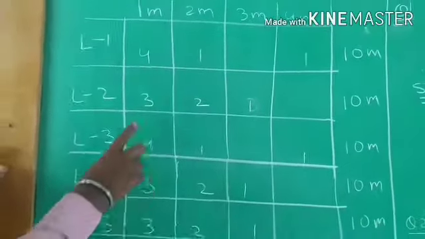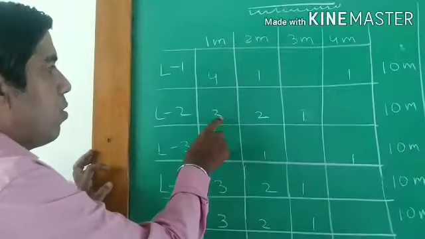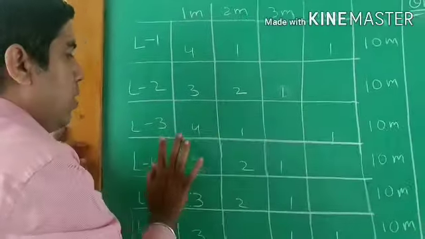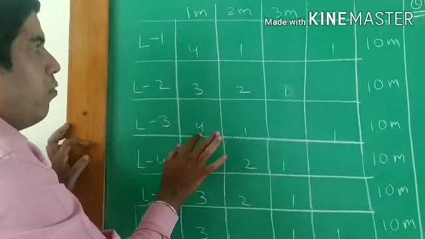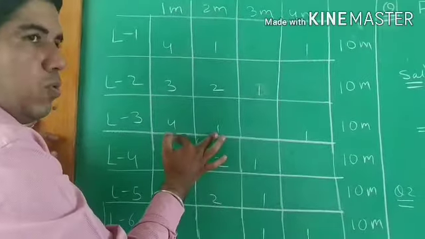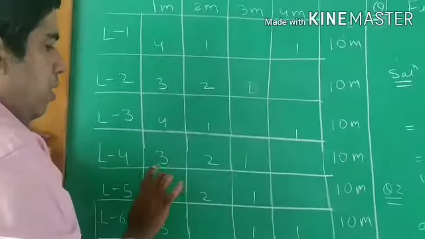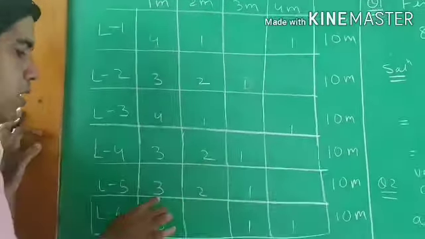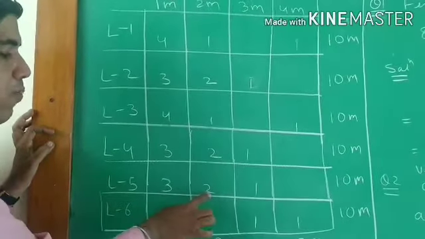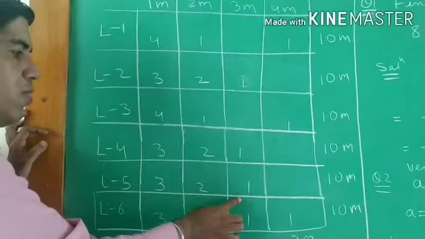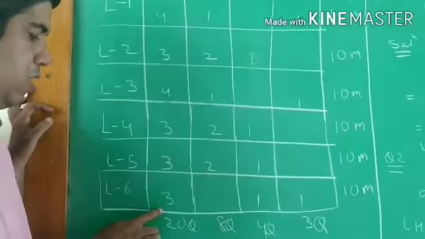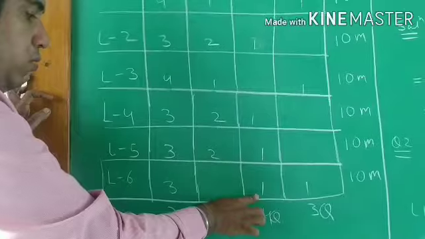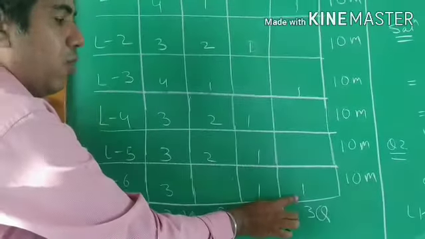You can see here now. So how much does it come here? You can see 3 plus 4, 7. 7 plus 3, 10. You can see 10. Like this everywhere. Now 4 plus 2, 6, and 6 plus 4, 10. Here 3 plus 4, 7, 7 plus 3, 10. Here also you can see 3 plus 4, 7, 7 plus 3, 10. Here 3 plus 4, 7, sorry, 3 plus 3, 6 plus 4, 10.